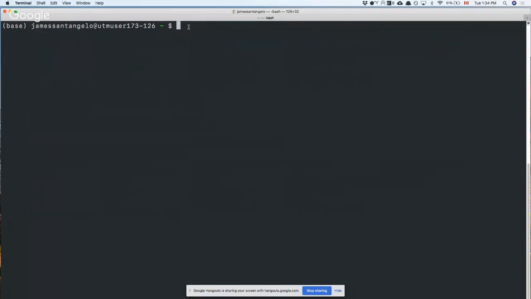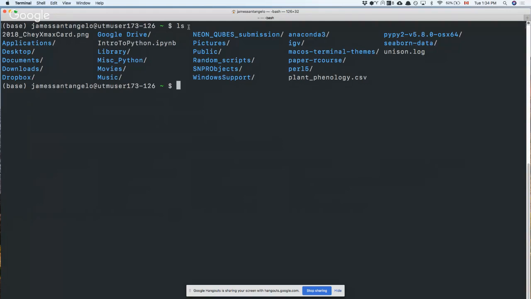Okay, so for me, for example, I put the Git demo folder on my desktop, so I now have to go to that folder. You don't have to cd to one directory and then to the other. You could provide many directories. So for example, I could cd desktop and then immediately start typing the name